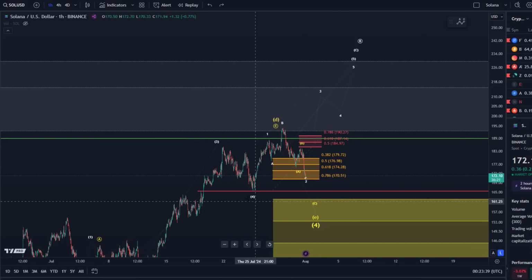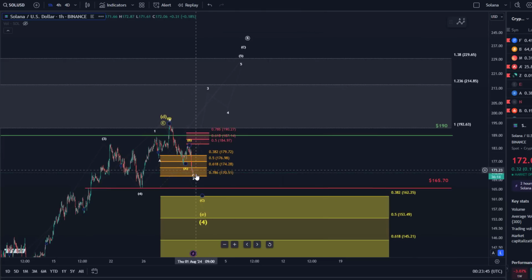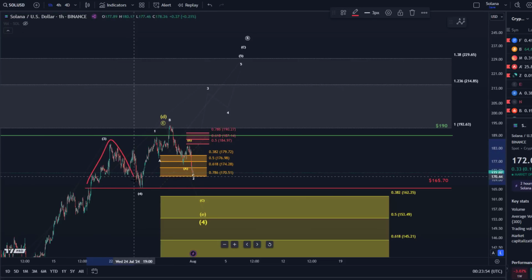That's just support. The invalidation point is the red line located at 165.70. From there, we could rally higher. But below 165.70, which might actually be the neckline for a head and shoulders pattern,